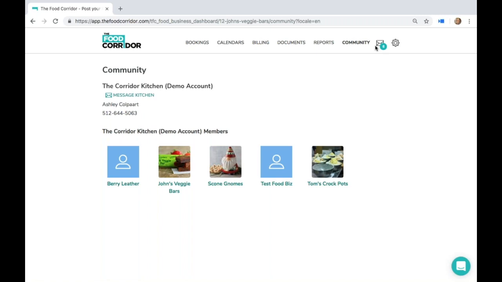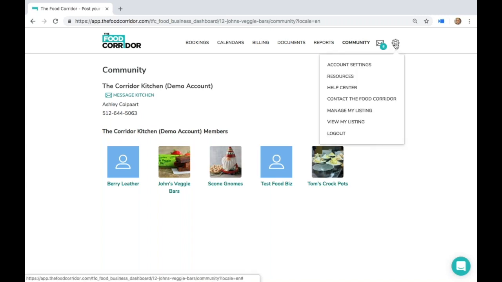Again, messages and notifications up here, and then settings. So I'm going to show you. When you first log into your account for the first time, you will want to be sure to add your payment method. Again, it's all integrated and automatic for you. So you'll want to add your payment method, and you have to do so before you can book in your kitchen. So you click on the gear icon and then click Account Settings,